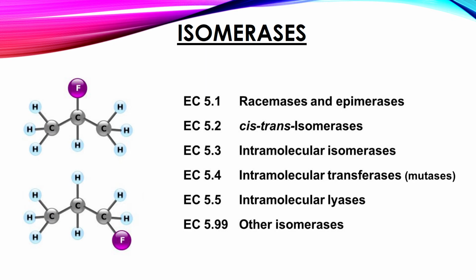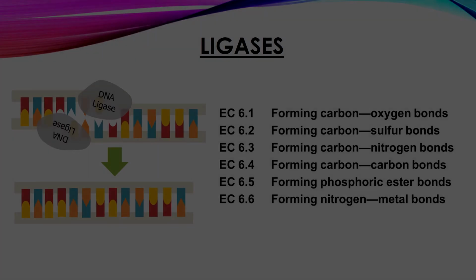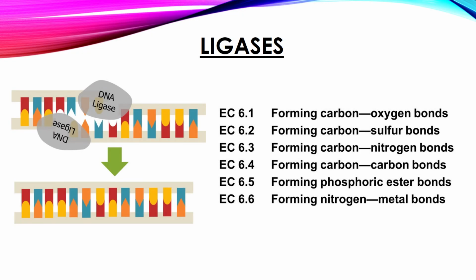Isomerases catalyze intramolecular rearrangement. Isomerases are a general class of enzymes that convert a molecule from one isomer to another, meaning the end product has the same molecular formula but a different physical structure. Ligases catalyze reactions in which two molecules are joined. Ligase is an enzyme that can catalyze the joining, or ligation, of two large molecules by forming a new chemical bond. Other common names for ligases include the word synthetase, because they are used to synthesize new molecules.